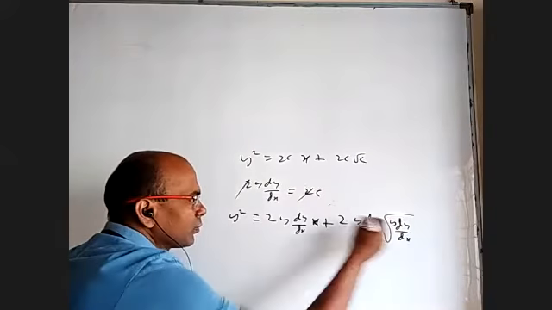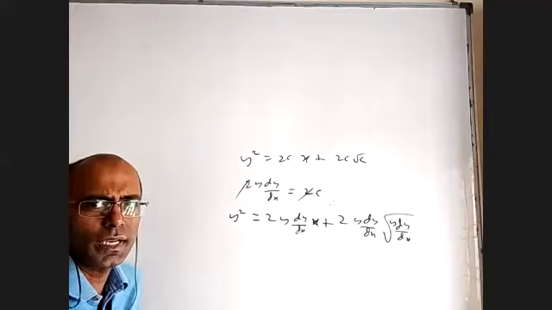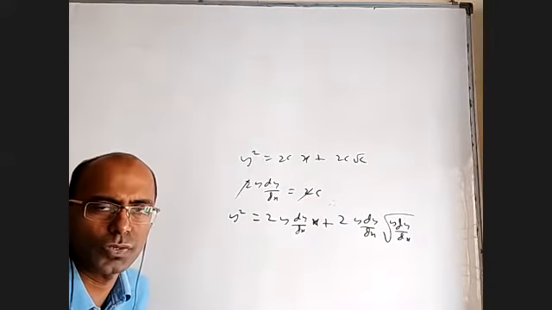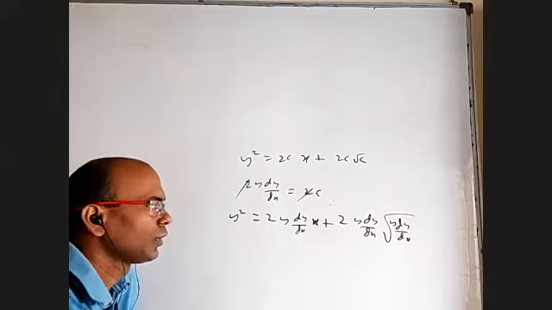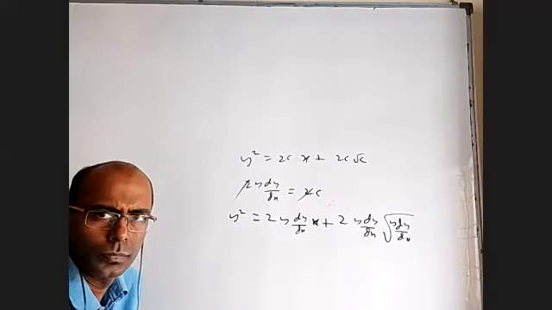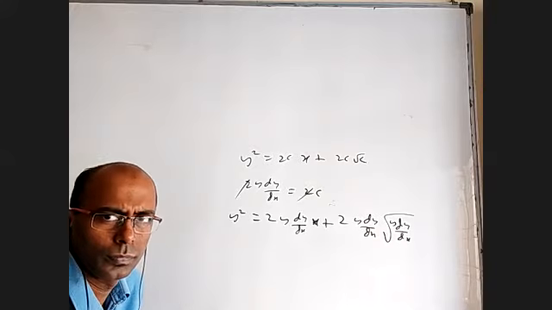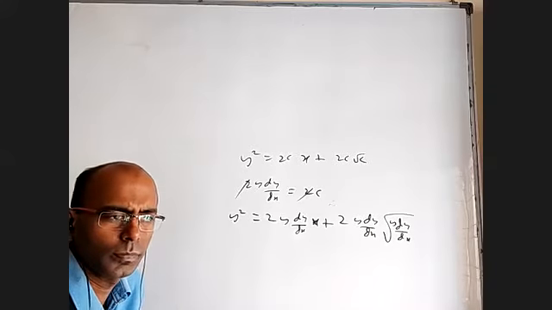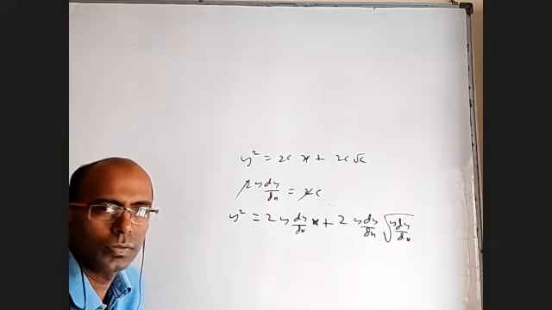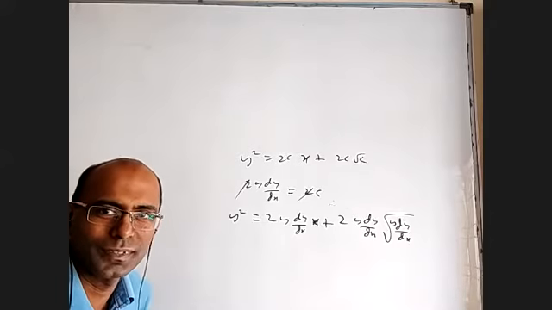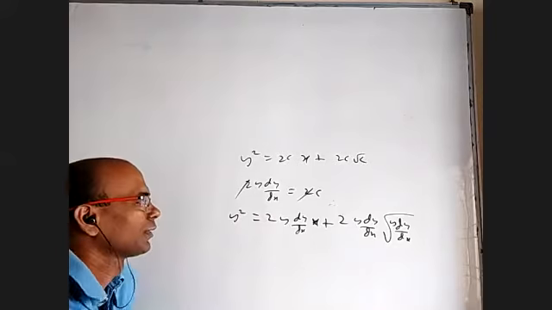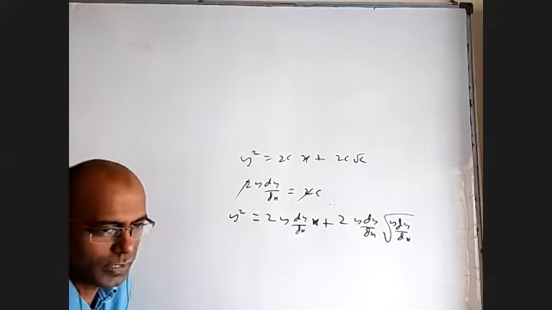But I also said no differential term can have square roots, fractional powers. They should have only integer powers. So how to avoid this square root? Anybody? Substitute with c, sir. No, then it is not called a differential equation. Come on, you'll get the question back. Okay. You have to bring this one here and square it.